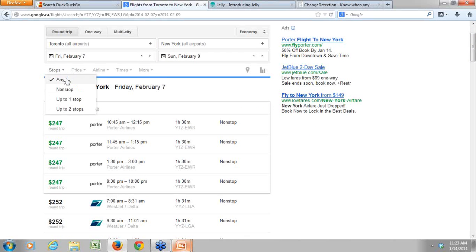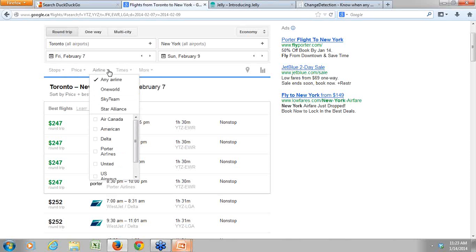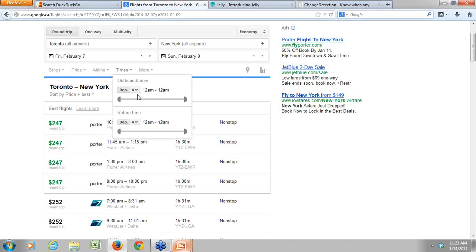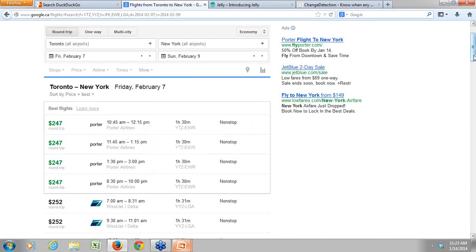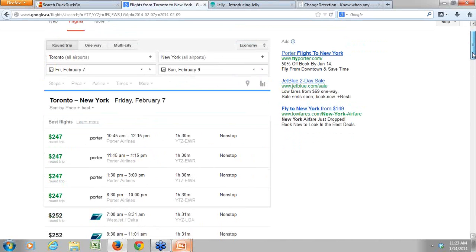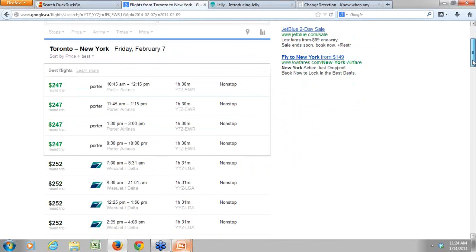Like, you have stops, non-stop, one-stop, two-stop, price. You can segregate by price, segregate by airline. You have all these different airlines that are flying this route, so it showcases all the airlines to you. Times, do you have any preference on the times? In this case, I haven't detailed any preference on the times. A duration, any duration, and then you can also select connecting airports if in case you want to have stopovers, right? So in this case, it pulls the information for me, and I see that the best flights are Porter,